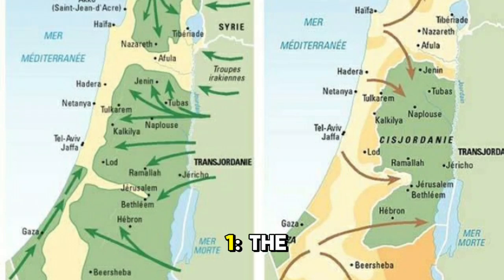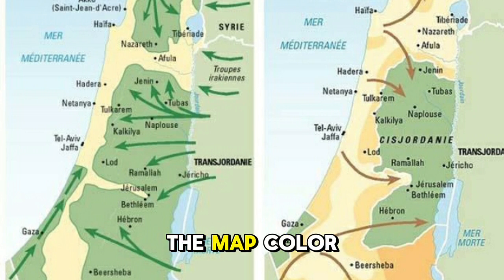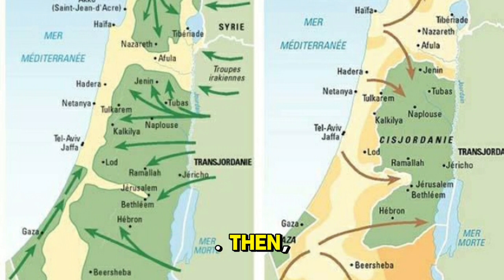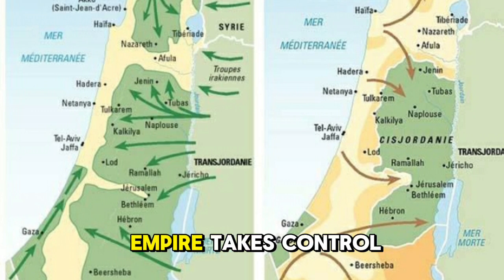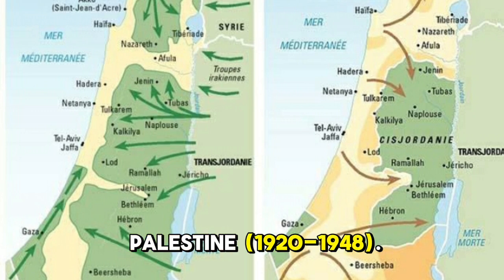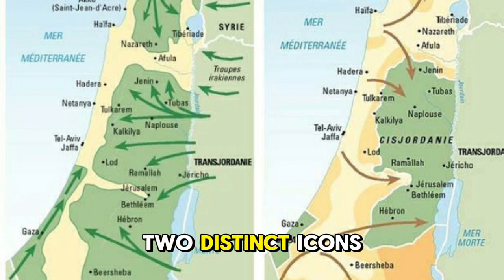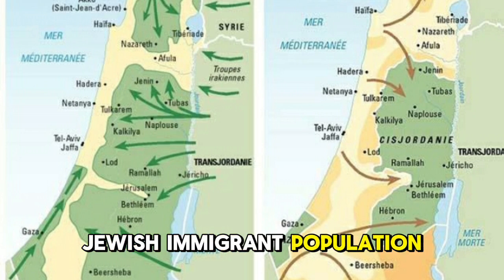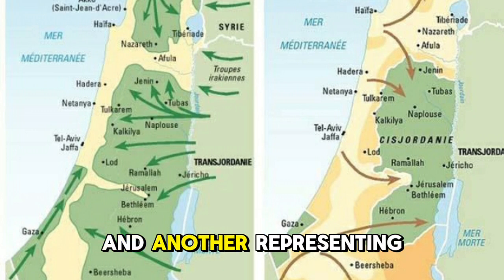Chapter 1. The Ottoman Empire and the British Mandate. Pre-1947. Visual. The map color changes to reflect the Ottoman Empire up to 1917. Then, the borders shift as the British Empire takes control. A label appears: British Mandate for Palestine, 1920 to 1948. Two distinct icons pop up, one representing the growing Jewish immigrant population fleeing persecution in Europe, and another representing the